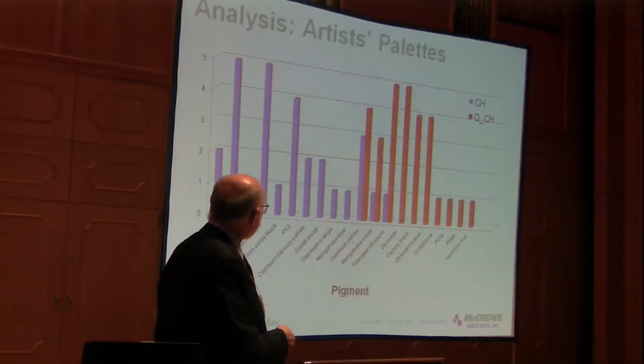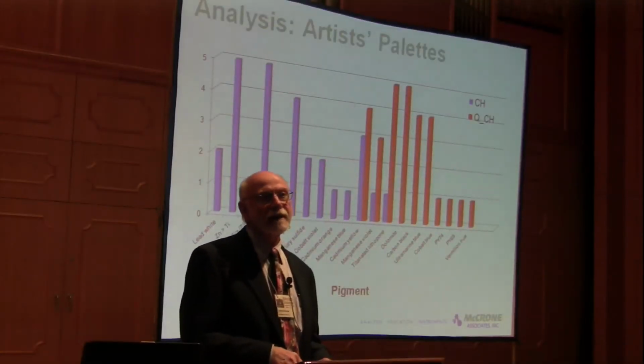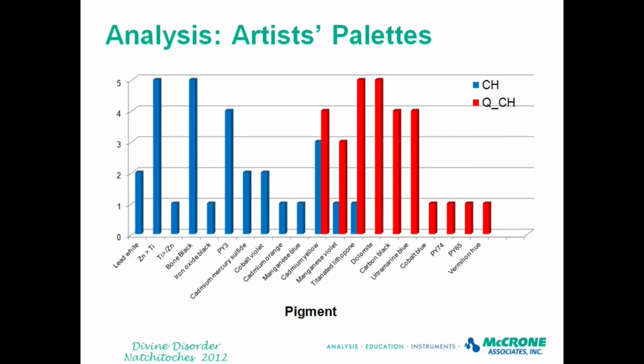This is harder to follow, but this to me was the essence of the report that we submitted to Attorney Van Hook and Agent Denton. And this contained the gist of the evidence that Hunter, CH, and the question Hunter, QCH, are truly different artists. And while there's some overlap of materials that they had in common, for example, both artists use cadmium yellow,